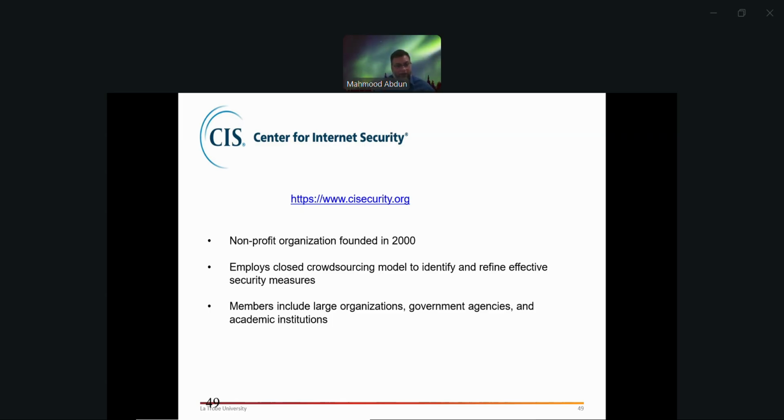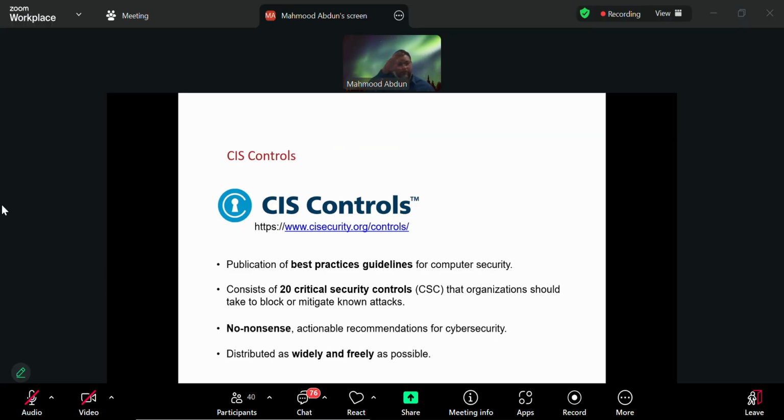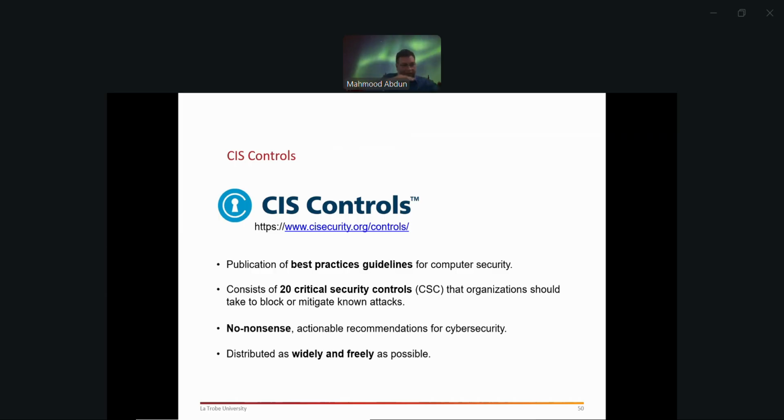Now, there used to be top 20 risks, and that's what these slides are going to talk about. These risks were based on version 7.1. Currently, it's version 8 or 8.1, the same thing. Now they have reduced the top 20 to 18. They've basically merged a few, and the order of these changed a little bit. It's not a big deal. Once you understand one, you can understand the other.